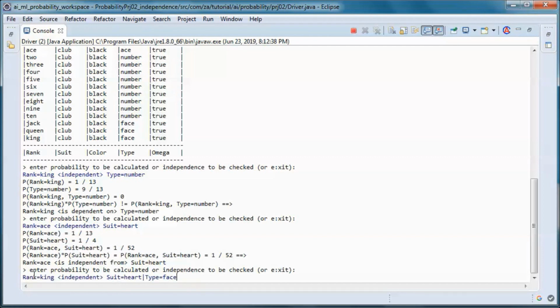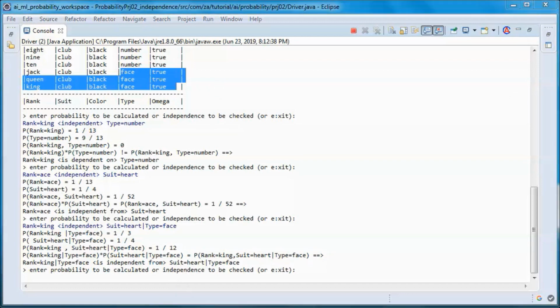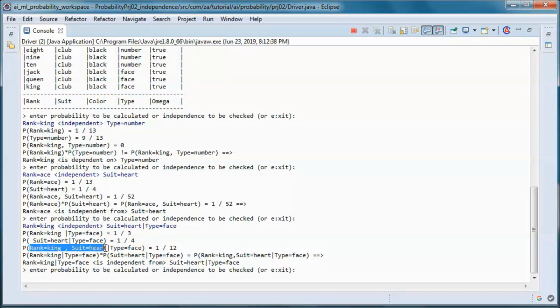And let's do one with conditional independence. So I want to check if rank is king is independent from suit is heart, given that type is face. And it is independent. So type is face, we have 3 in each suit. So 3 times 4 is 12, and one of those 12 is king of hearts.